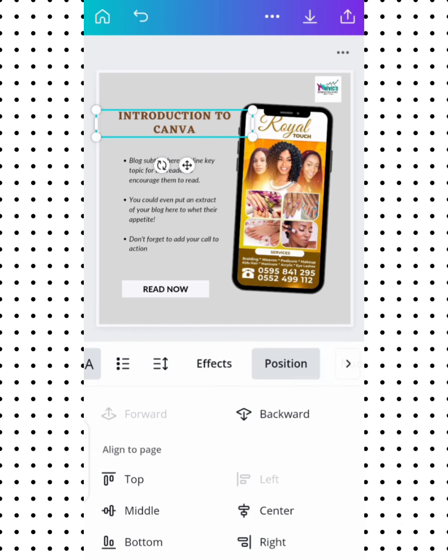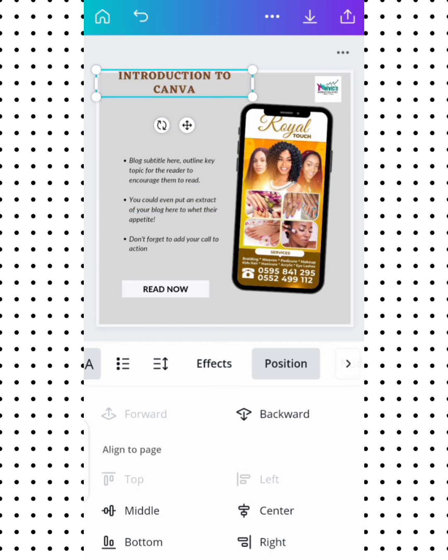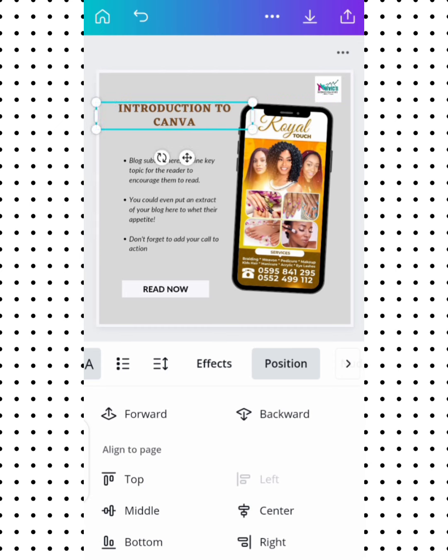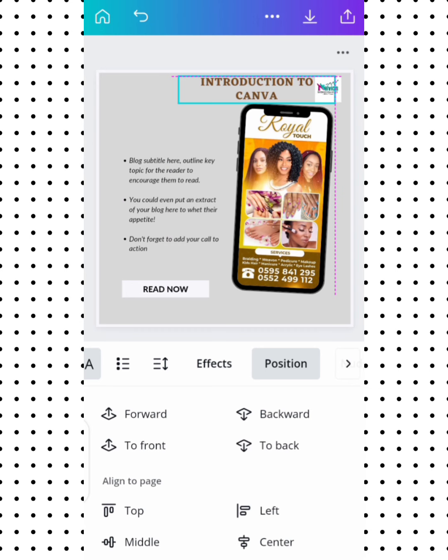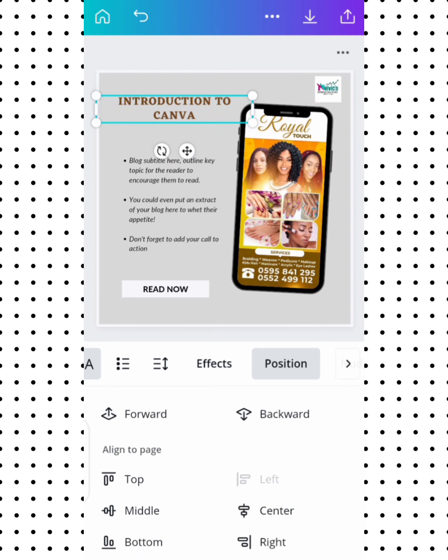and your position. To make your work easy in Canva, you just have to use your position. It takes your work around. So if you want it to be at the top, at the center, you get it. It just moves it for you instead of you going up and down, pulling it this way, that way, and all that. You just have to use your position to turn it around. Alright,